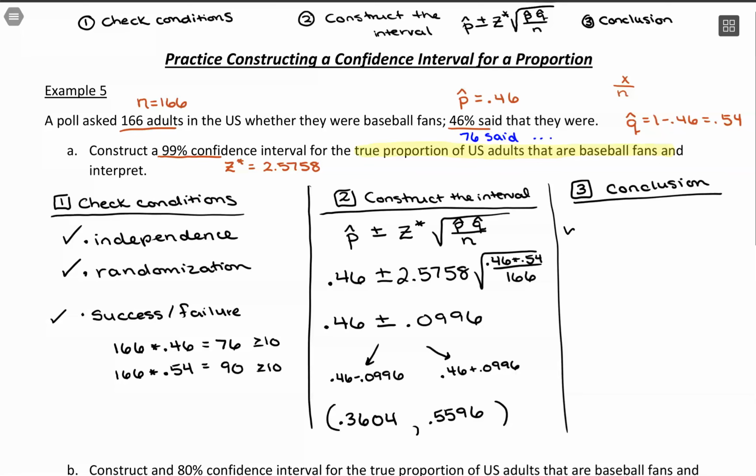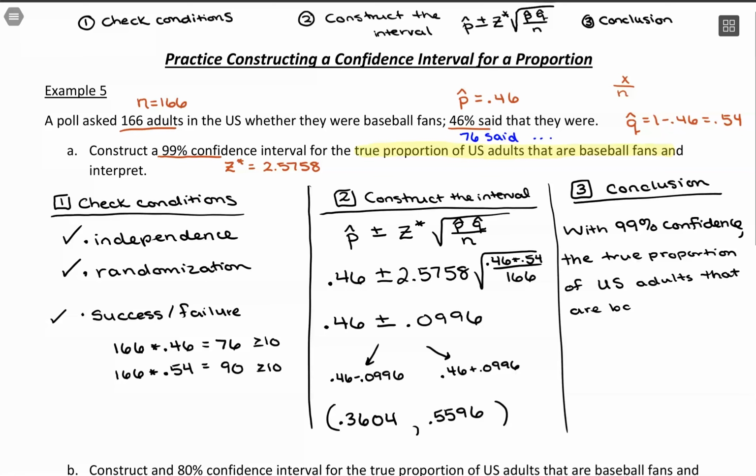So what I'll say is with 99% confidence, the true proportion of US adults that are baseball fans is between